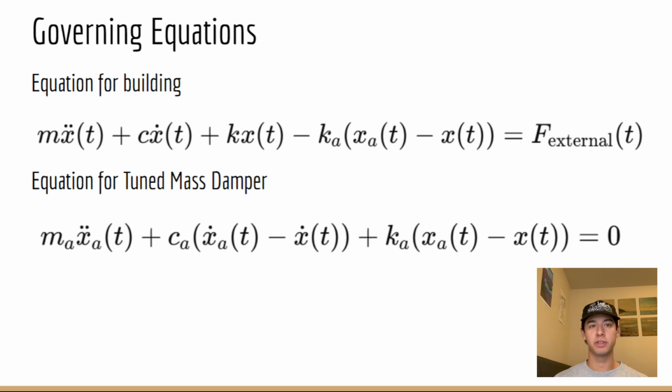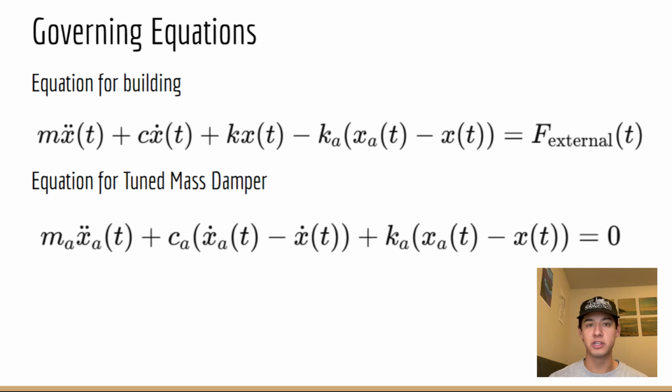The motion of a building with a tuned mass damper, or a TMD, is modeled using two coupled equations. The first represents the building, where the mass, stiffness, and damping interact with external forces like wind. The second equation describes the TMD itself, which moves relative to the building. By tuning the TMD's natural frequency to match the building's, the damper counters vibrations through opposing motion, while damping ensures